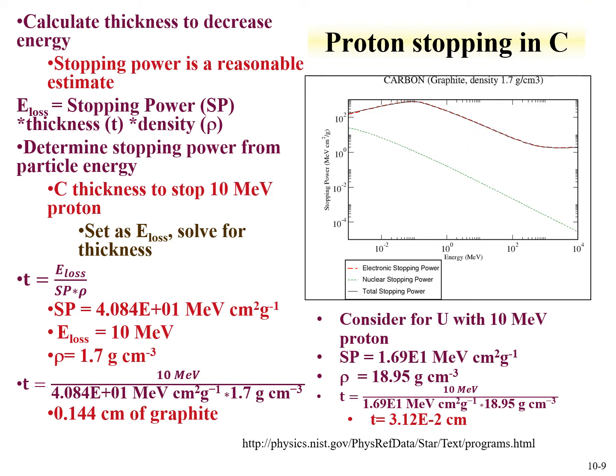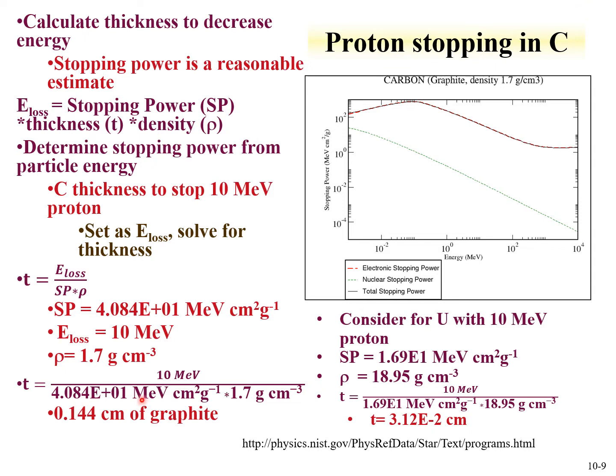And from a table on the program, it's a little bit harder to see on this figure, but on a table, this is what the stopping power is. We know what the energy loss is. Here's our density. We have 10 MeV divided by the stopping power times the density of the graphite. And our answer is about 1/10 of a centimeter